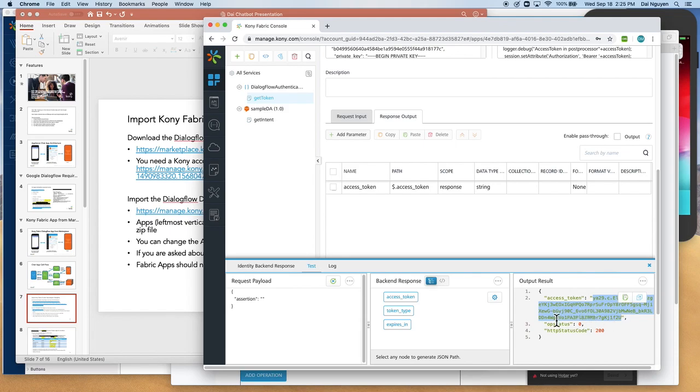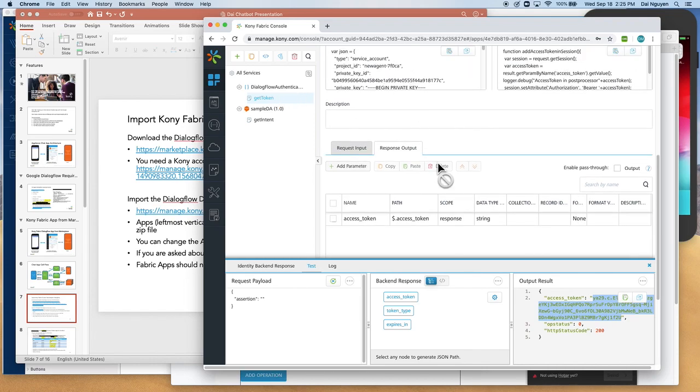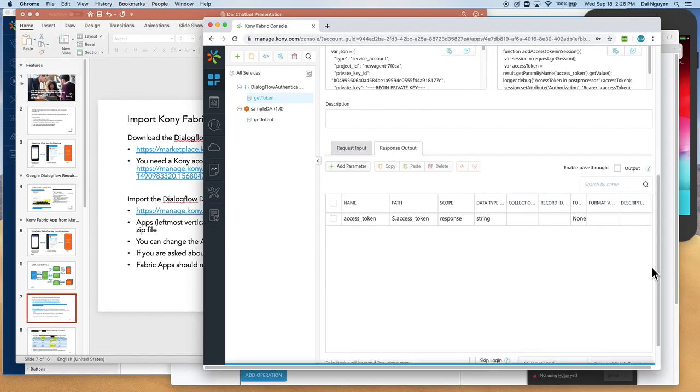So once you have the token, then you know that this exchange worked, right? At least from Kony Fabric, you are able to talk to Google OAuth 2, exchanging the private key, and getting back the access token. Okay? Next,